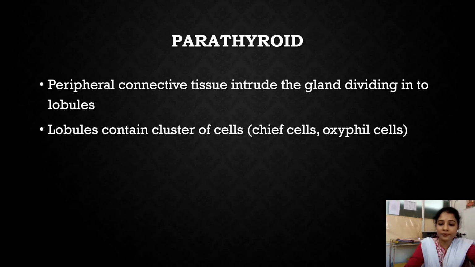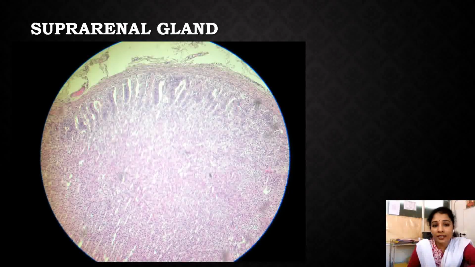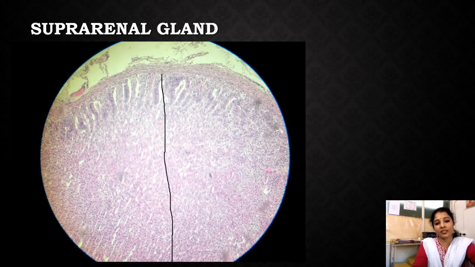So the next gland here is the suprarenal gland or adrenal gland. The suprarenal glands, we know, are present above the kidneys, and each is differentiated into two parts. The outer part of the gland is called the cortex, and the middle part of the gland is called the medulla. So what we are seeing here is the cortex. The medulla is not seen that clearly, but still we can see the cortex here. And the outermost part of the gland is lined by the capsule. So this is the capsule which is lining the gland.